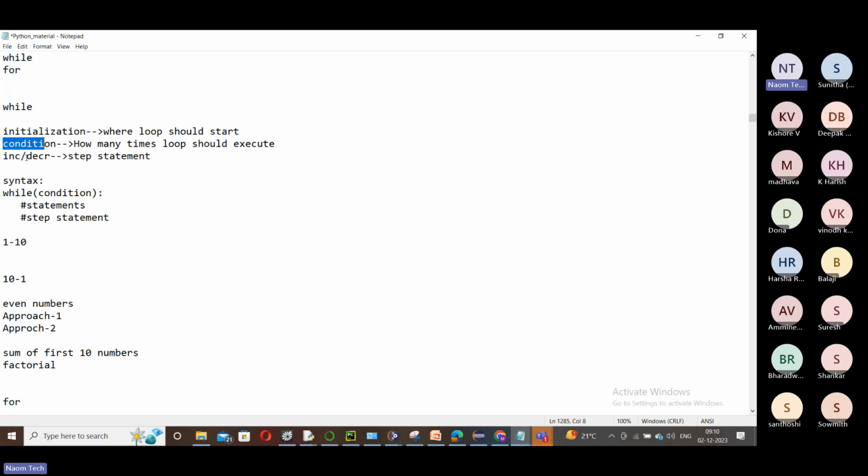Without this increment or decrement, the loop doesn't work efficiently. Got it, friends?